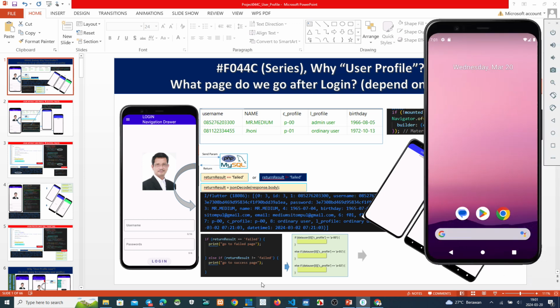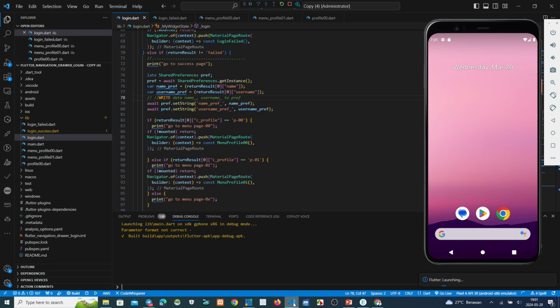Okay, so we see this. Oh, this takes a long time. Maybe the internet speed now is not fit. Why does this process take a long time?